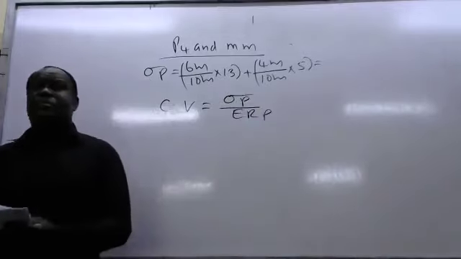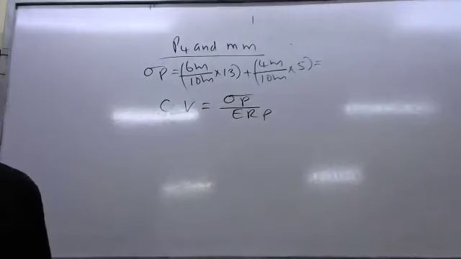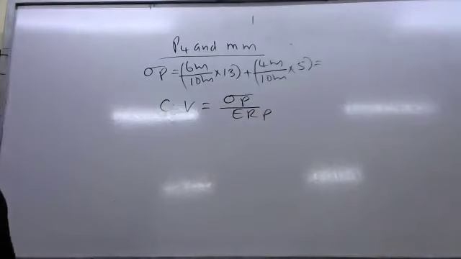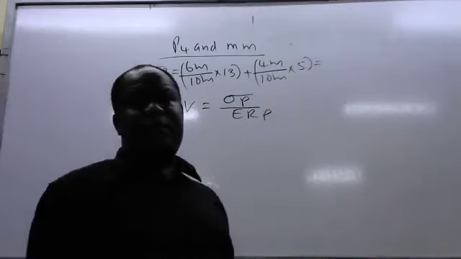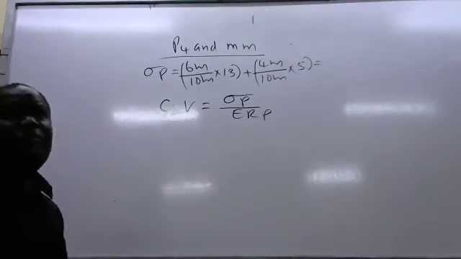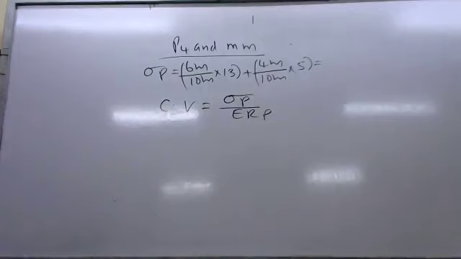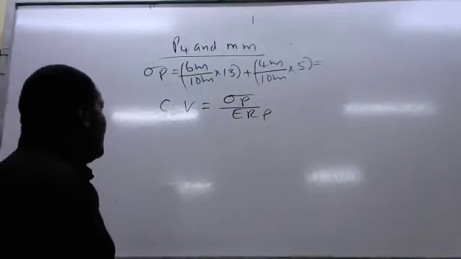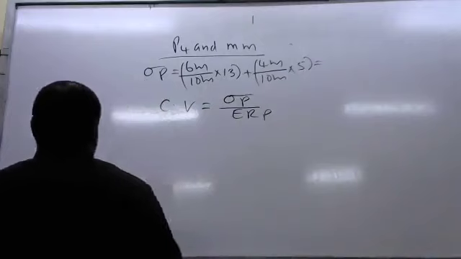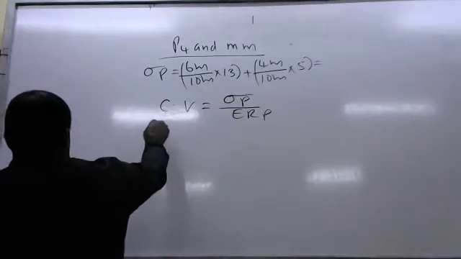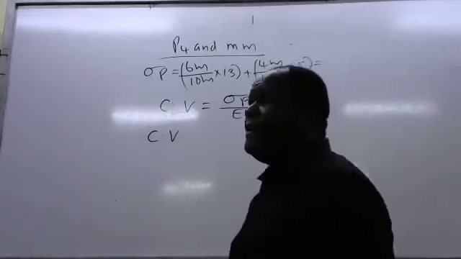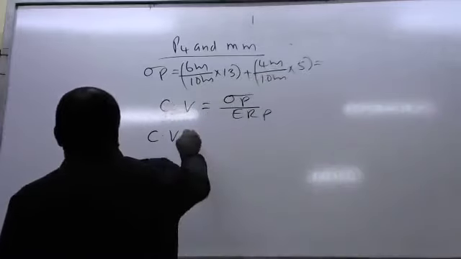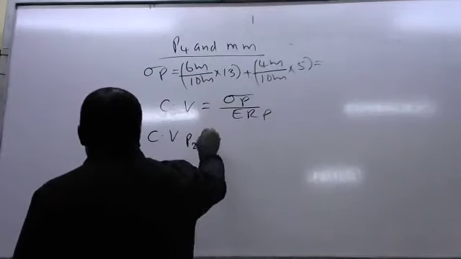When you want to compute the coefficient of variation, it is simply the standard deviation divided by the expected return. So we shall be computing for each combination that we have calculated. We compute for each combination, then we shall be able to rank them. So we start with the first combination that we have just calculated. The first combination was project 2 and